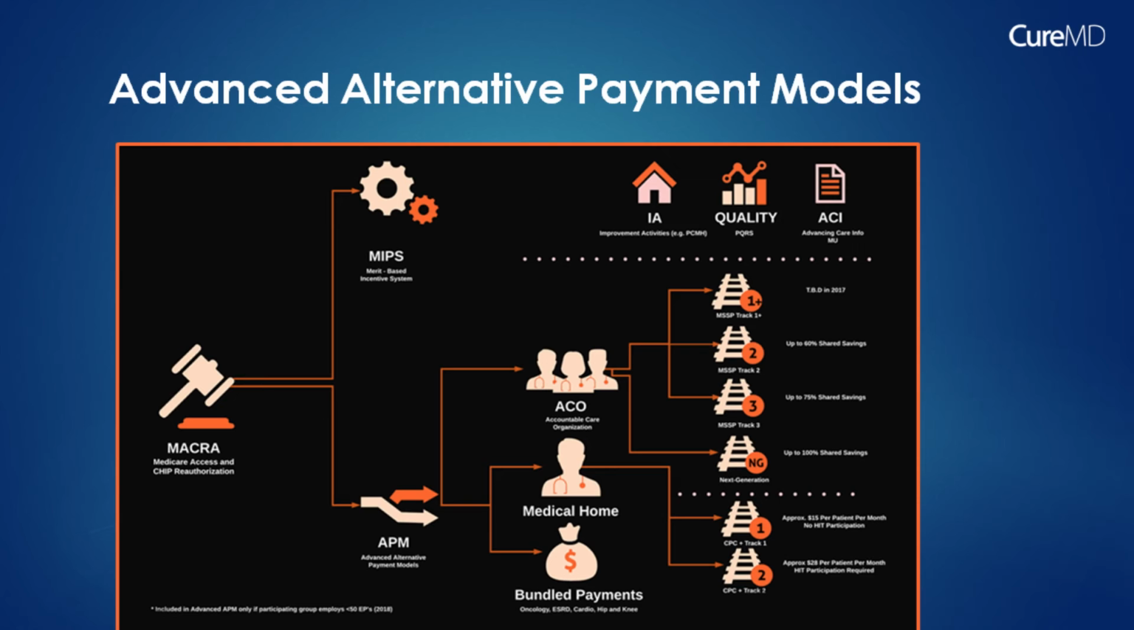And so we talked about ACOs, that's the Medicare Shared Savings Program. Then there's the medical home. So under the medical home, there's a program for primary care physicians called Comprehensive Primary Care Plus. That's a program that's rolling out. Initially at least, applications to that program were closed, and that happened in September